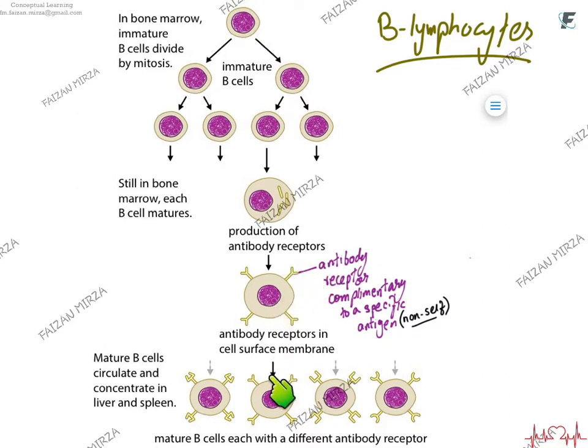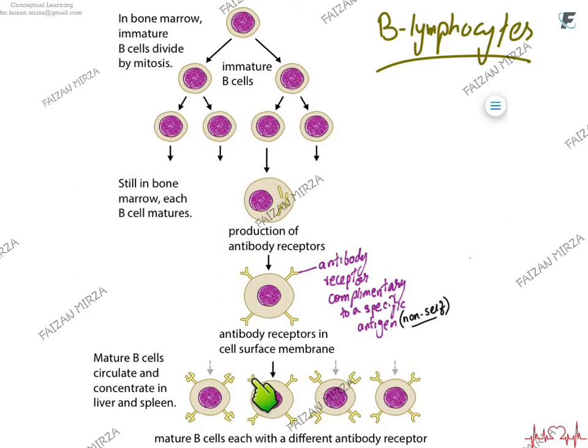This one B cell, you can see here, is the one which has matured. It will have these antibody receptors. We started our discussion from these four B lymphocytes. So you can see that once they have all matured, they will all have different antibody receptors on their surface. So this B lymphocyte will be able to find an antigen which is complementary to this structure of the antibody.